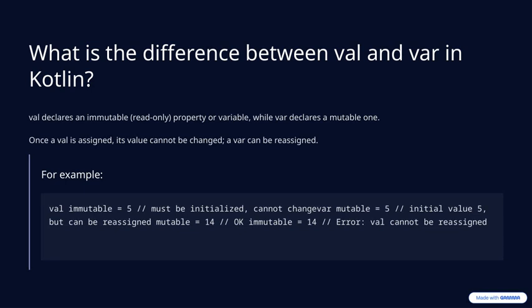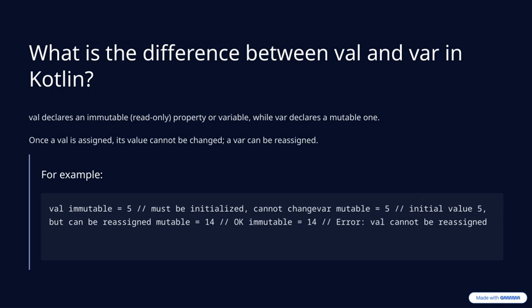Let's take a closer look at the difference between val and var in Kotlin. When we use val, we're declaring an immutable property or variable, which means once it's assigned a value, that value cannot change. On the other hand, var is used for mutable variables, so their values can be changed after initial assignment. For example, if I declare val immutable = 5, I must initialize it right away, and I can't change